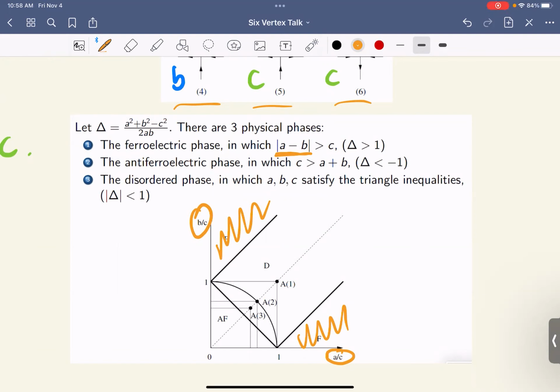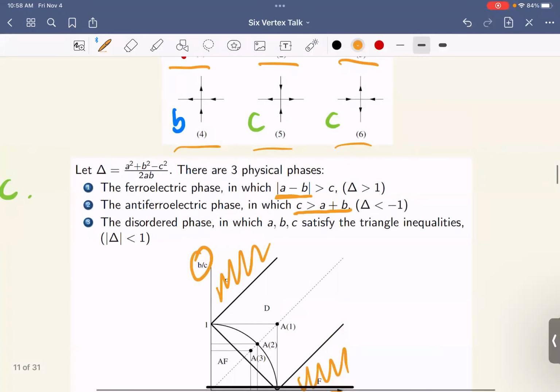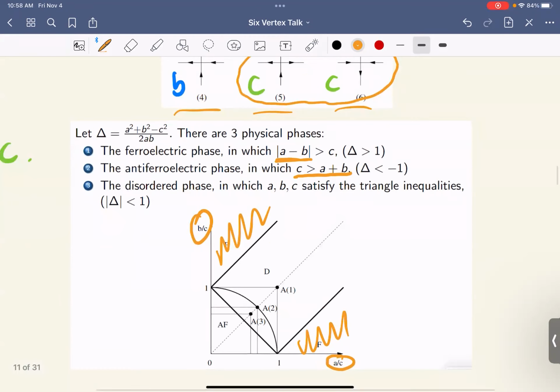You could have that C is much bigger than either A or B, which the transition happens when C is bigger than A plus B. Then the model wants to see as many switches as possible. In the alternating sign matrix picture, it wants to see as many 1s and -1s as possible. And that's called the anti-ferroelectric phase, which is down here in the picture. So that's when the denominator is big.